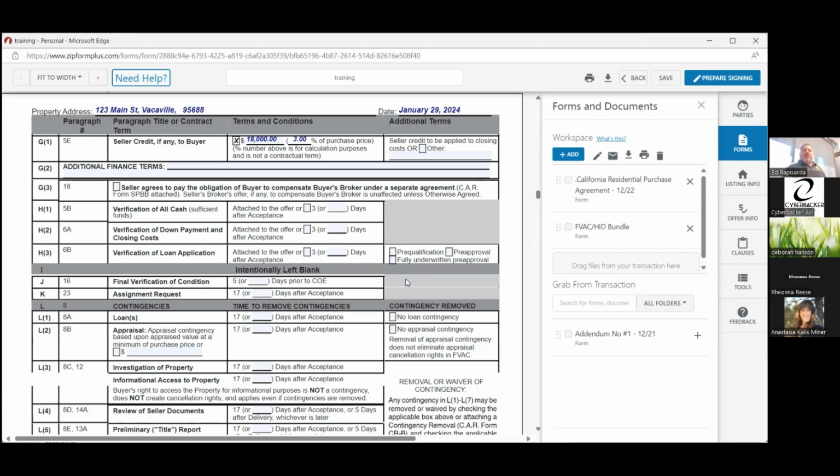So this is kind of tricky when you see a fully underwritten pre-approval. When I see a fully underwritten pre-approval, I'm thinking that it has gone through the underwriting process and essentially says you are approved, right? Not pre-approved, but approved. I think now you can go through